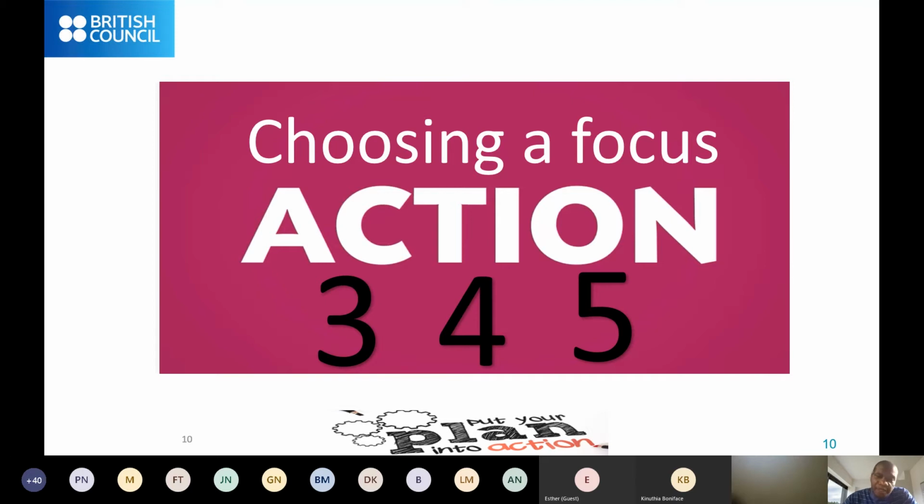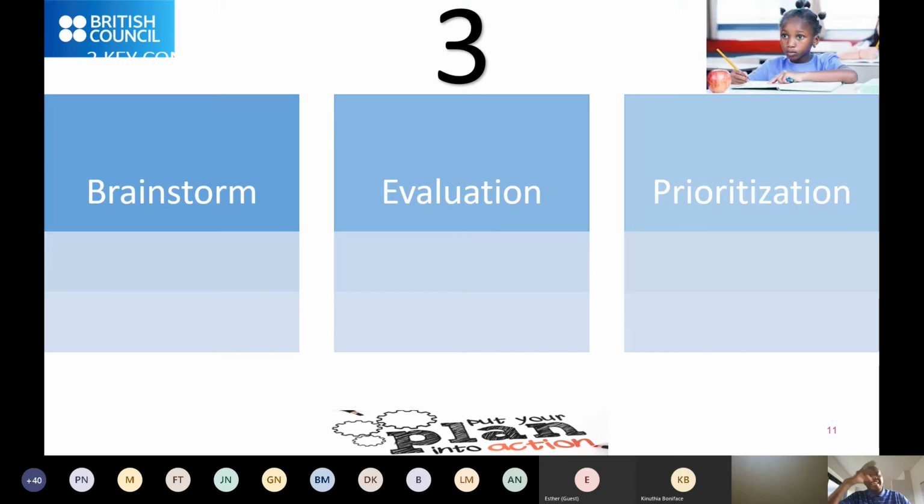In the 3, 4, 5 approach, 3, we are focusing on brainstorming. You have many activities, so you will brainstorm and put them down and say, I'll do this. Because when you're brainstorming, there are no brakes. You're just supposed to put all the ideas down. That is the first step, so that you have your repository of all the notes you've been taking through the course. Remember, after each session, we were telling you, can you identify the replicable? Can you identify the adoptable? So I'm sure you are writing them down. Now you have all of them down.